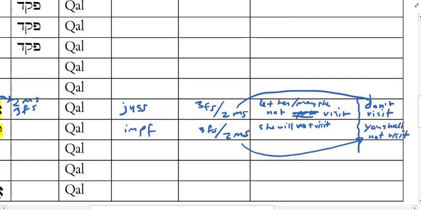Okay? And then if I'm driving past one for whatever reason and I see Harold about to walk in, I can roll down my window, and in Hebrew I can use al plus the jussive. Don't visit there. Okay? Does that make sense? This is kind of an artificial distinction